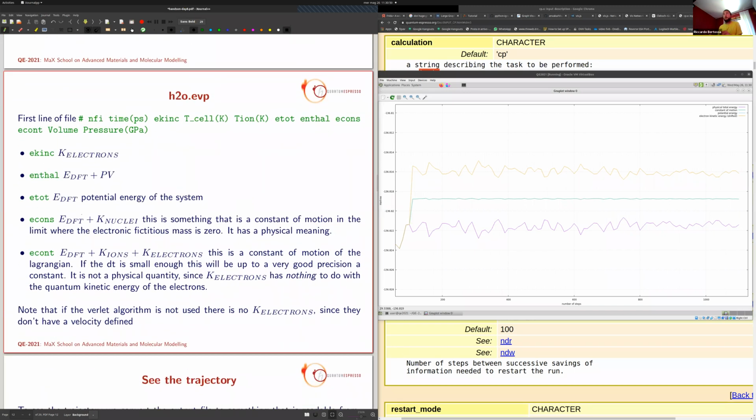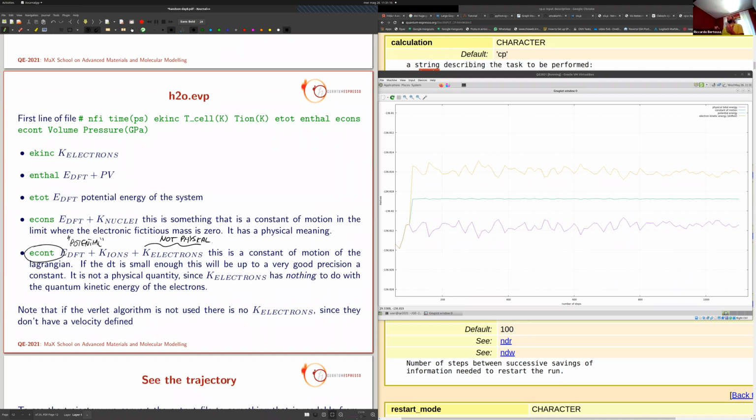Yes, it is called econt in the output file. It is the potential energy, this is the potential energy, plus the kinetic energy of the ions, that is something physical, plus this part. This part is not physical, there is no physics inside this number,